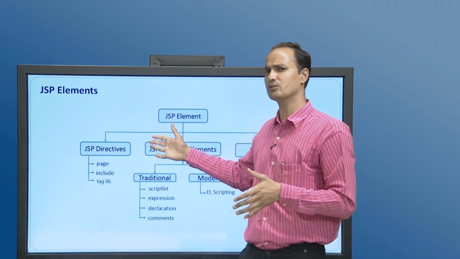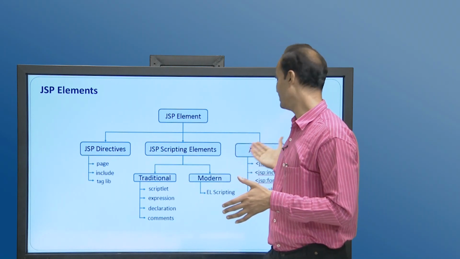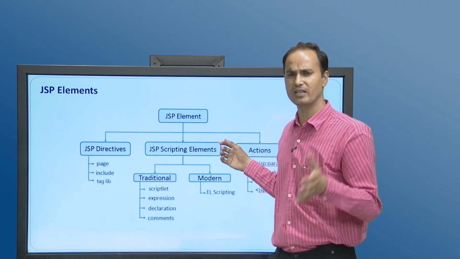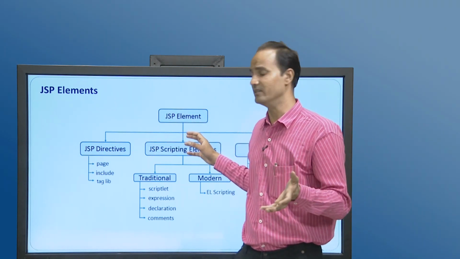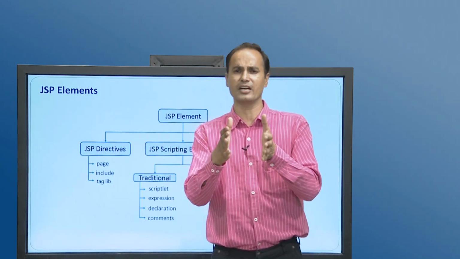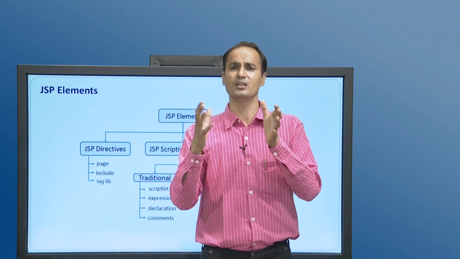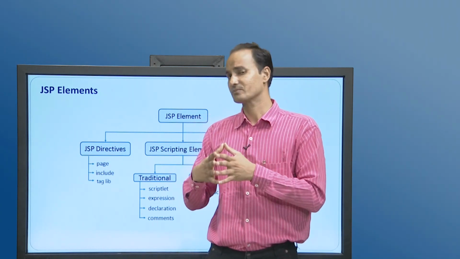Generally, a JSP page will have directives, scripting elements and actions. Apart from them, other functionality can be added in terms of expression language, but these are the main things that a JSP page can contain. Directives direct what kind of functionality the JSP page is going to perform, and what kind of resources or pages it is going to include and process.